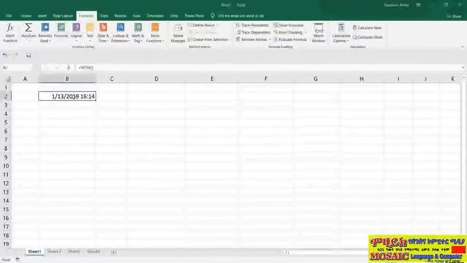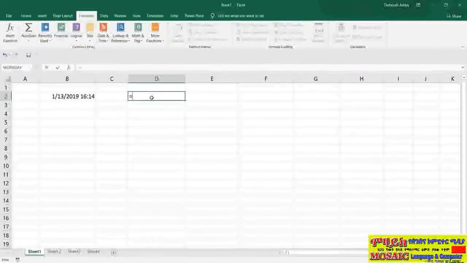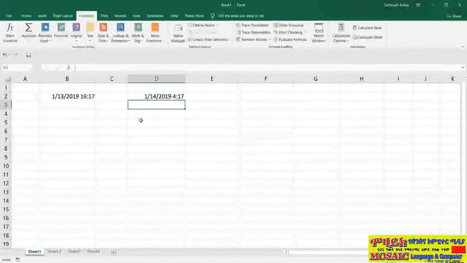Now in cell B2, I have the current date and time. If I wanted to add 12 hours to that, all I would need to do would be to write equals B2 plus 0.5 and hit enter to confirm. And I can do a quick visual check and see to make sure that that is correct, which it appears to be. Note that whenever I update something on the sheet, the value of now is updated also